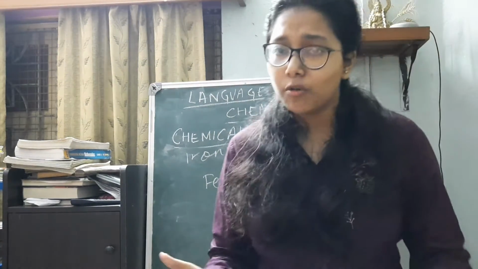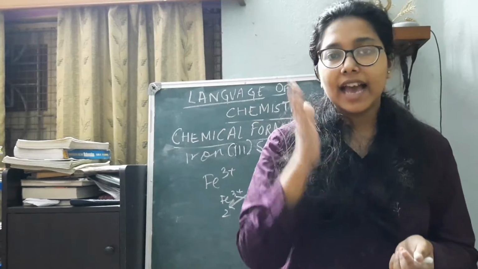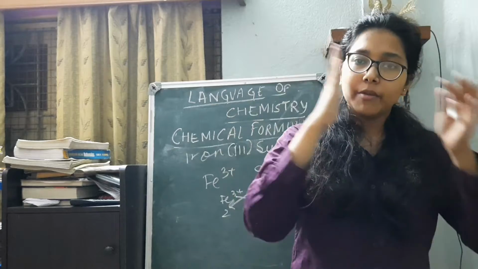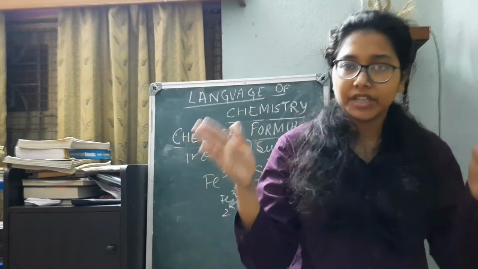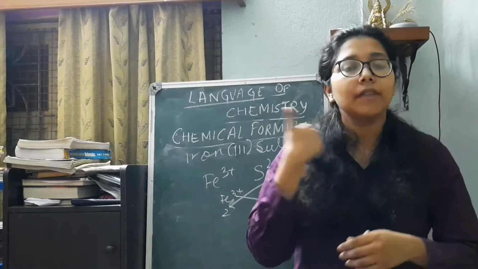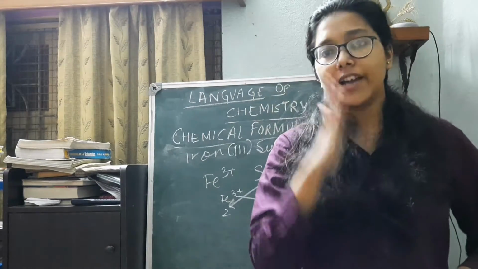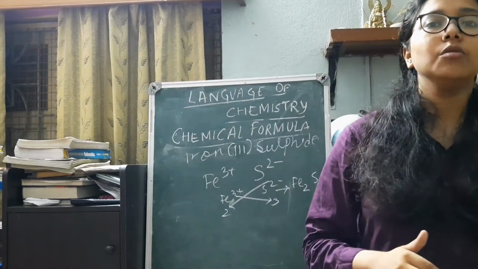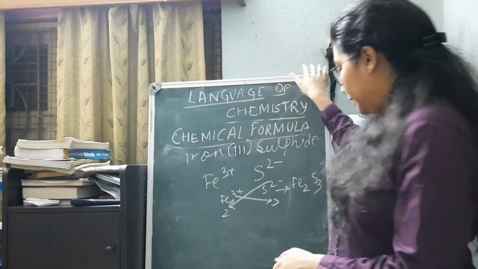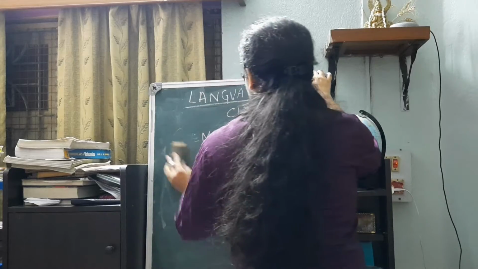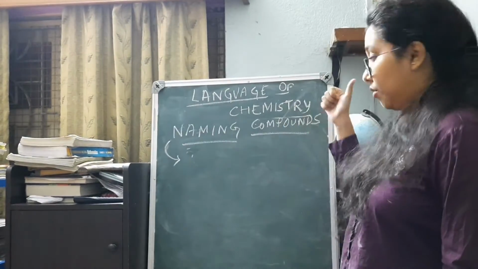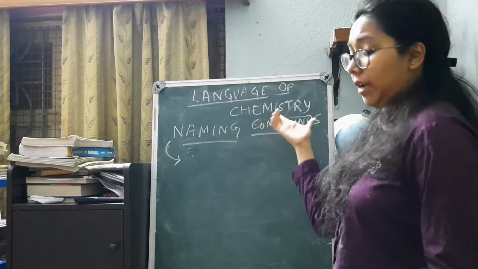So I hope it has been clear how we go for writing the chemical formula. We have done so many of them. If you are still having any problem, you can again go back and understand this, because I have done something around 5 to 6 examples, and the crisscross method is very easy. Just go for crossing them out, it's done. So I hope it must be clear till now. Now we will be going for the naming of compounds. Now we will be doing how to name a compound.